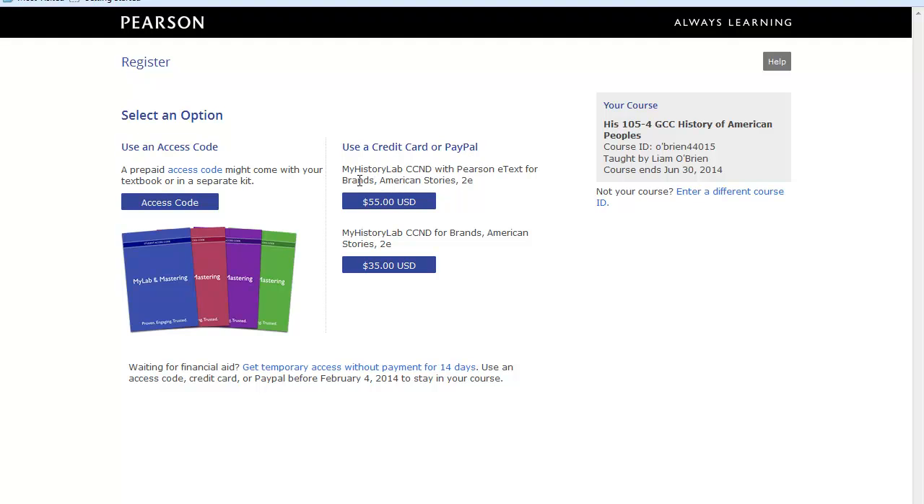And you're going to come right here where it says, and you have to select. This is the most important thing. It gives you two options. You need to pick this one, the one that has the Pearson's ETEXT for Brands American Stories version 2E. Okay, My History Lab, CCND, with Pearson's ETEXT. This one gives you an option to buy it without the ETEXT, but the ETEXT is the key element, so you have to actually select the $55 option. Okay, it's the more expensive option, but it's the one that gives you the book. So this is, once again, make sure you select the right